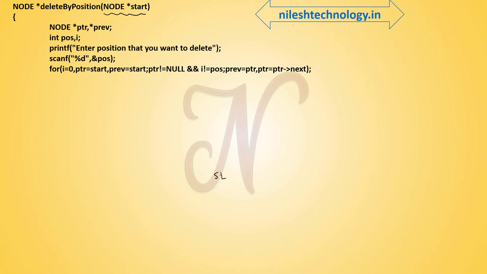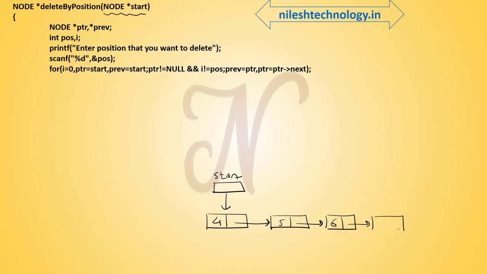So this is your start, which is pointing to this node. Here we assume some addresses, for example 1000, 2000, 3000, 4000, and this is your first address where the start is pointing. So here, for example, your position is 0. Like an array, we consider the position: this is your 0, 1, 2 and 3.